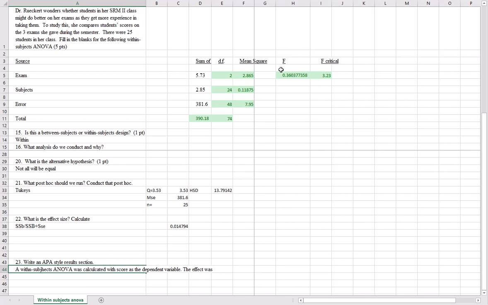The effect was not significant. We take the 2 degrees of freedom, the 48, close parentheses, equals our F, which was 0.36, p is greater than 0.05,